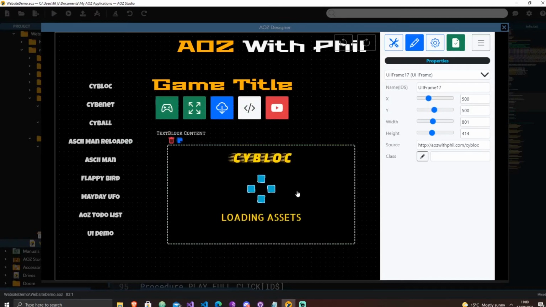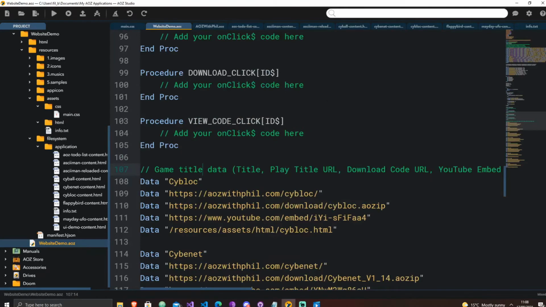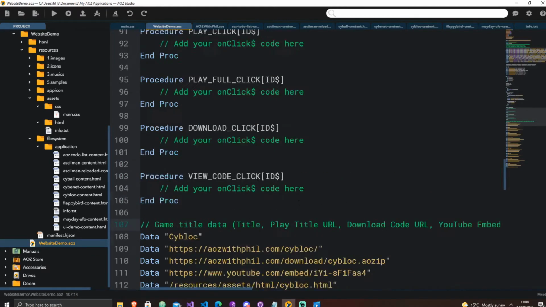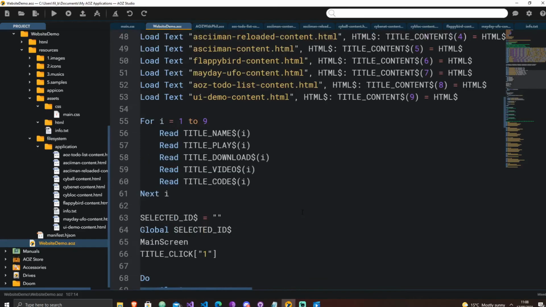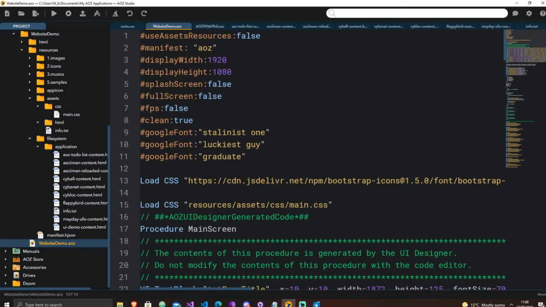So this is what we're going to use to display these pop-ups for playing YouTube videos and previewing the AOZ code. So we'll come out of here. Let's create some variables that will set the frame width and height and the position. And we're going to make it 90% of the actual screen size. So at the top here,